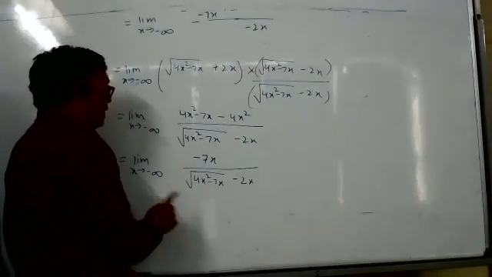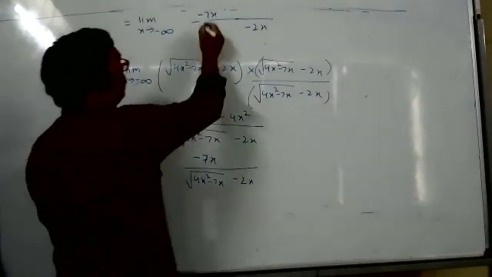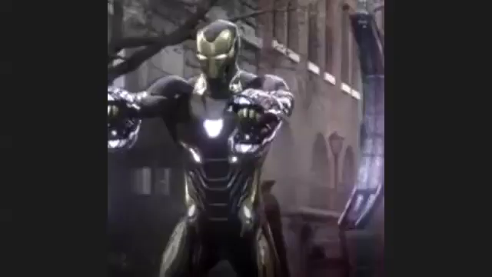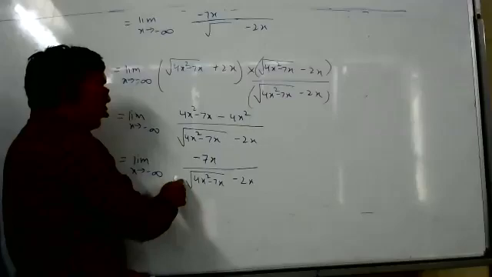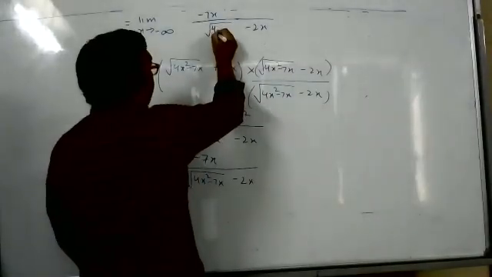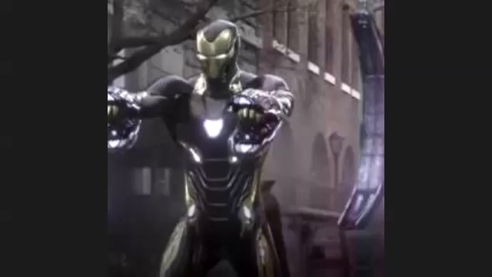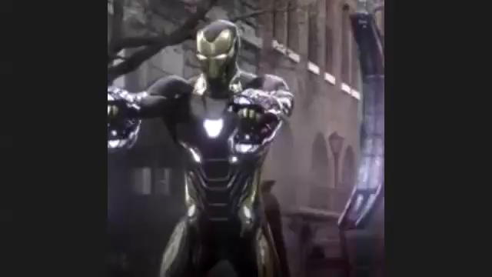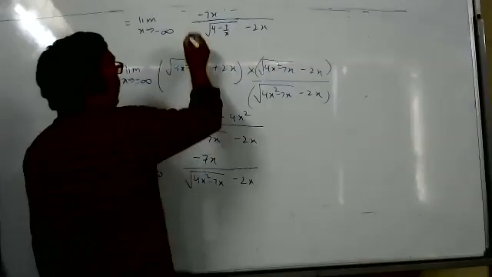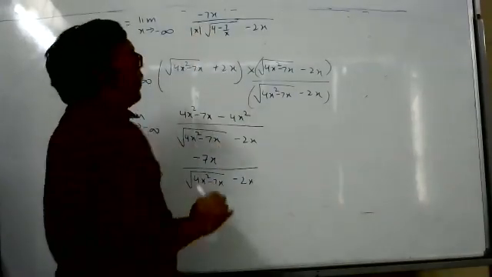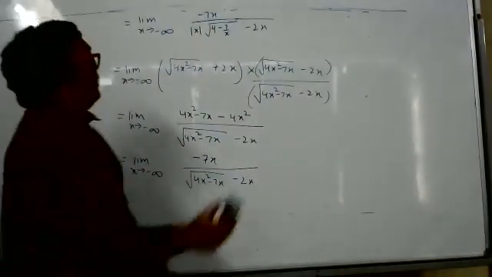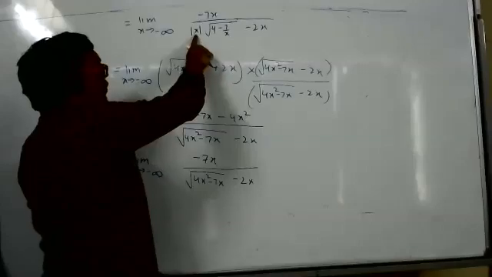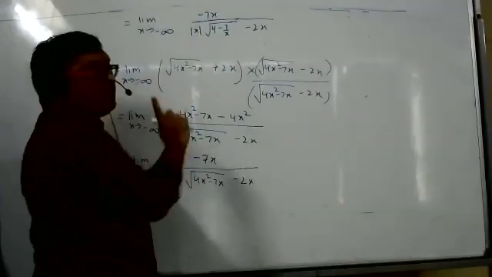Students, if somebody knows the answer, tell me. If x goes out, what should I write? Square root of x, I will take x square common. So x will go out. What should I write? 4 minus 7 by x. X square went out. That is okay. I took x square common. But outside, what should I write? X. So that only we made a mistake. We should write mod x outside. Why should we write mod x? Why is this problem occurring? Because see here, all of you know this x value which we took outside is positive or negative?